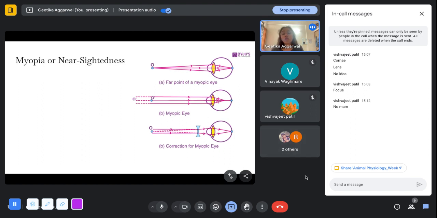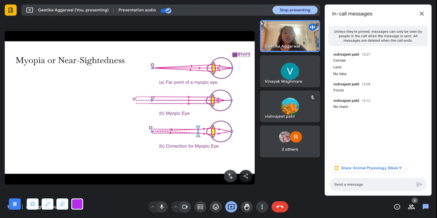So are you guys aware of what is myopia? Can you tell me what is myopia? I've already given away the answer by saying it's nearsightedness. So can you tell me what is myopia? People who are not able to see far things, objects which are kept far away from them. People who are not able to see faraway objects, and